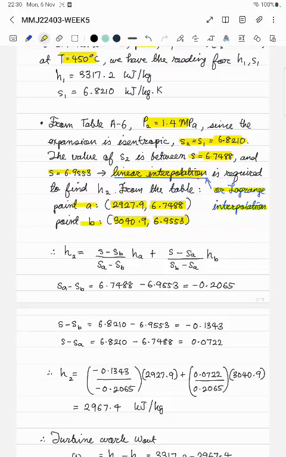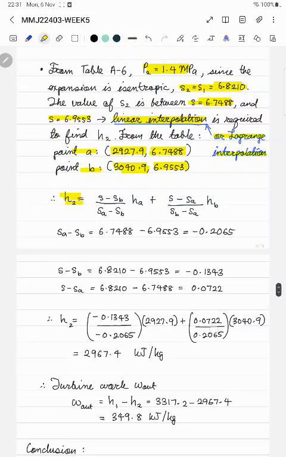If you do the Lagrange interpolation, don't worry, you should study the interpolation equation in more detail. You should put a little bit more attention to that, and I'll go into more detail regarding the interpolation technique during our tutorial session. So this is how we interpolate the enthalpy, and then if you do the math there,